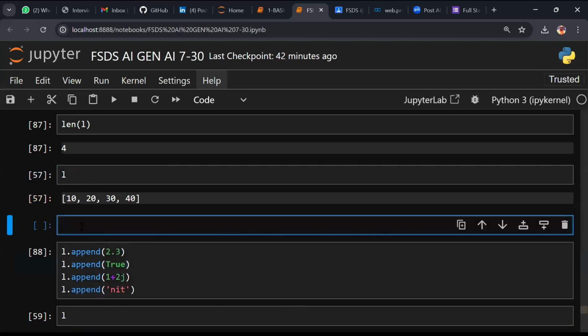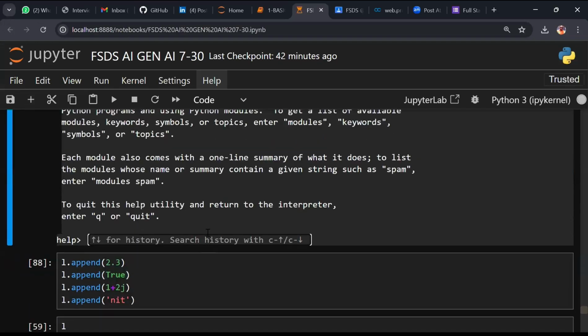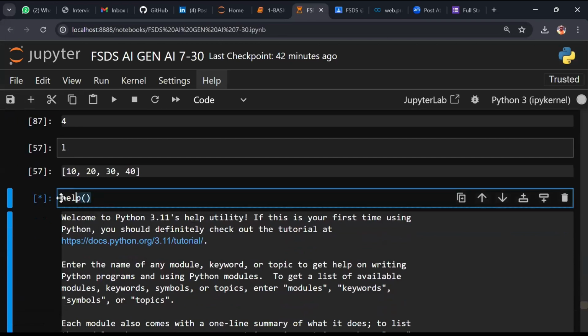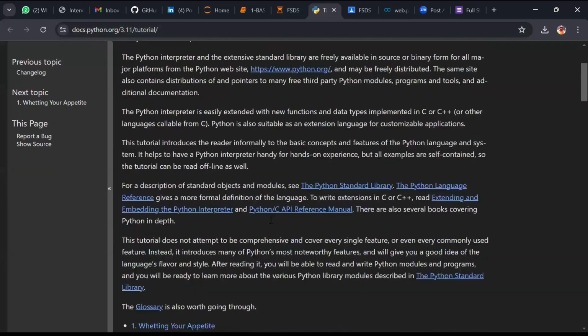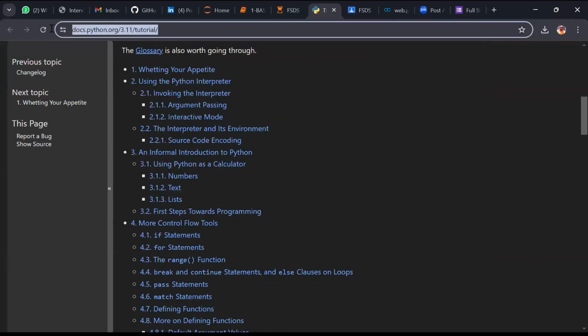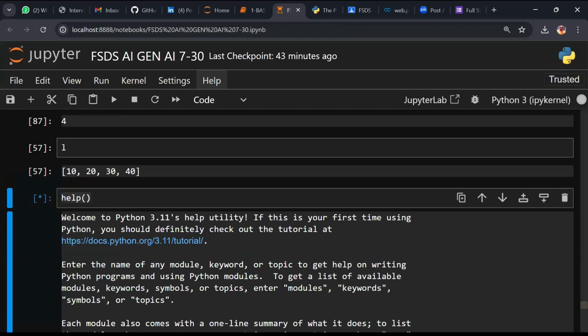just create a new cell, type help and execute. Can you type help, guys? Here in the code, type help, open functions. Now when you type help, do you see the HTTP Python 3.11 tutorials link? You get to see this link. I want everyone to right click and open the link. That means everyone has to follow this material. Everyone has to follow the material. Are you listening to me? Just go to help options. You cannot close. Listen to me.